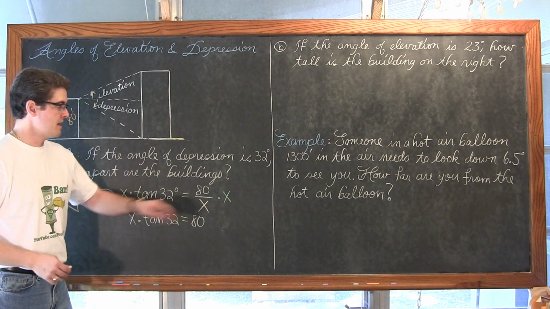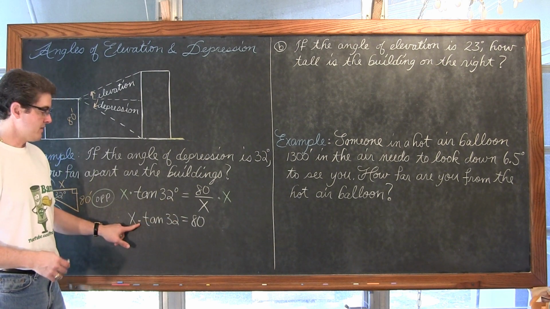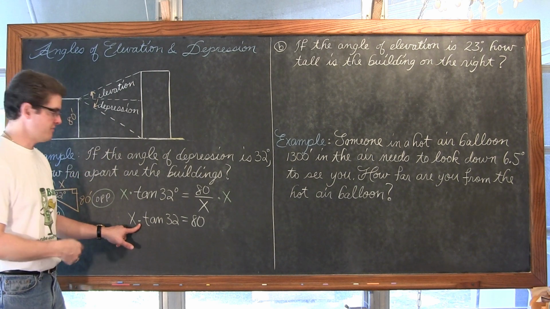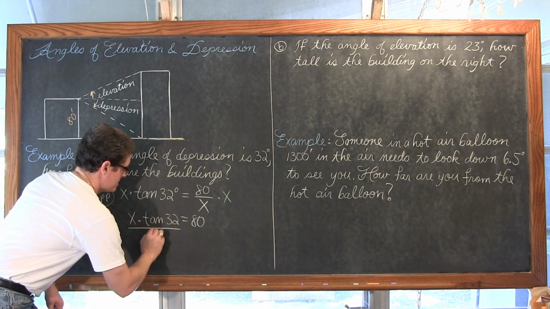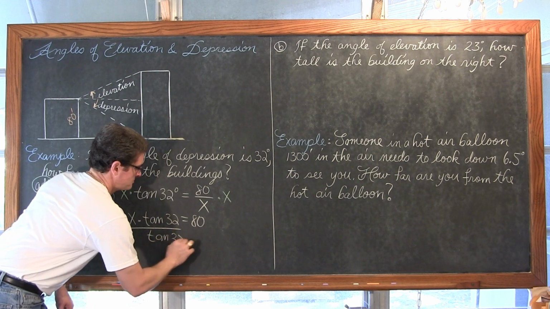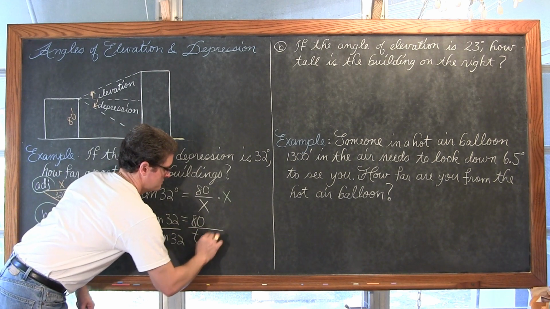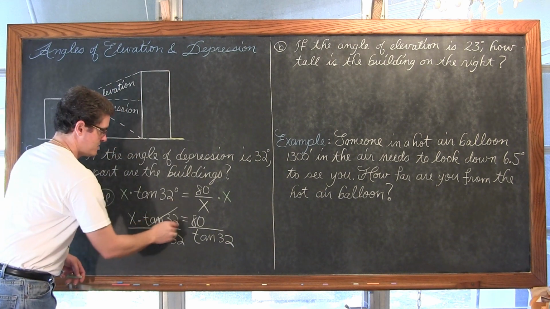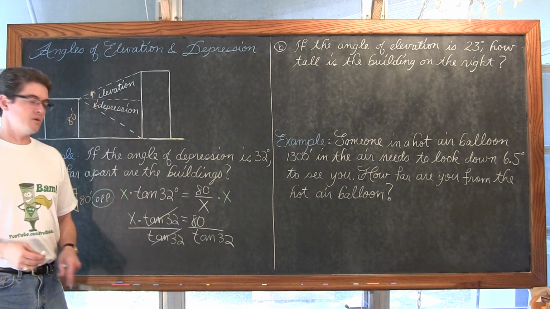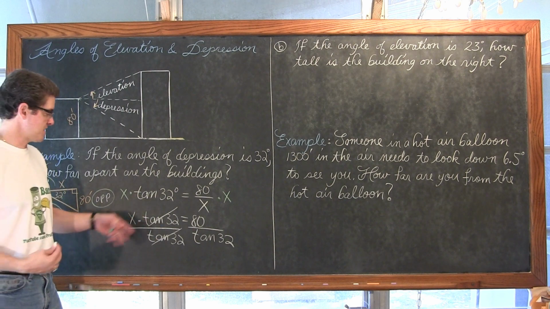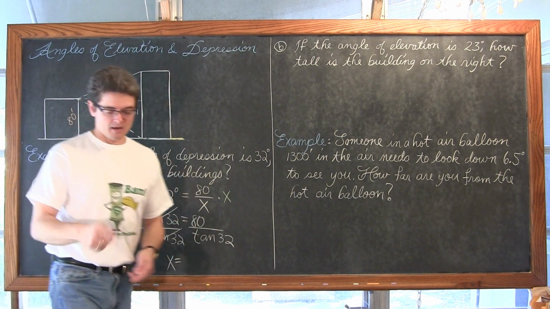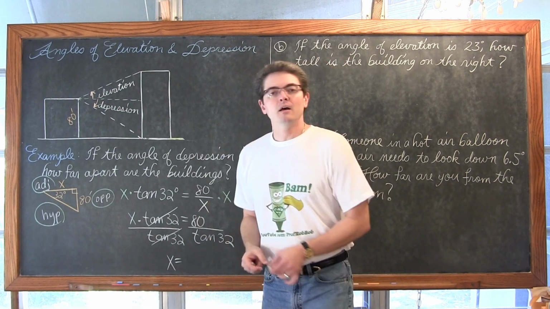I have x times the tangent of 32, so I want to undo that multiplication. Now that I have the x out of the denominator and up in the main line of the equation, I'm going to do that with division. So I'm going to divide both sides by the tangent of 32. Tangent of 32 divided by tangent of 32, anything divided by itself is 1, so we just have simply x is equal to, and this is going to have to come out of your calculator, and I'll have to refer to my notes for that.